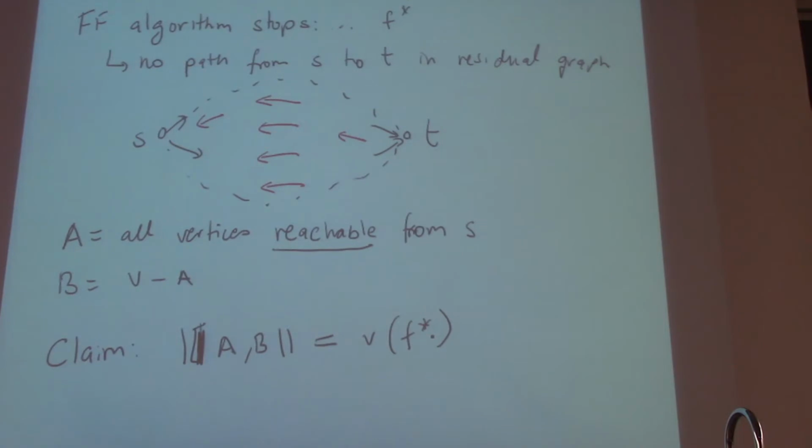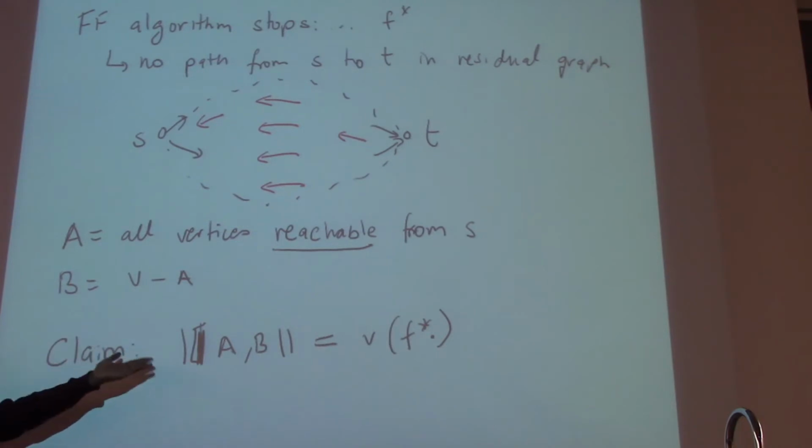Are we proving that the algorithm will stop at some point, or are we just assuming that it will? We are assuming that it stops. I have not yet proven that it stops. This is a very good point. Let us assume for now that it in fact does stop, and in a few seconds I will prove to you that it does stop. Okay, it stops in a finite amount of time. It's actually not that good an amount of time, but it does stop, and I can prove it, for as long as your capacities are integers. But yeah. All right. So let's try to prove this claim.